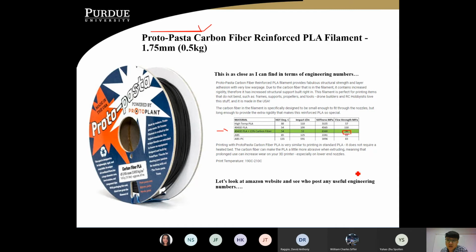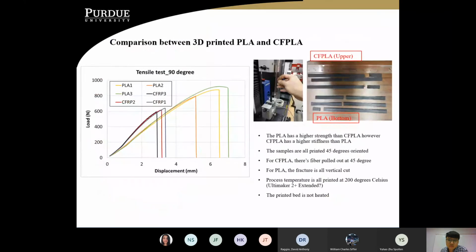It's 96 MPa, and then we actually did some testing. This is just to give you an idea. We have POA, which is the material that we use in the EPIC itself, and by far it's the only choice you can choose right now. And then we compare it with carbon fiber,